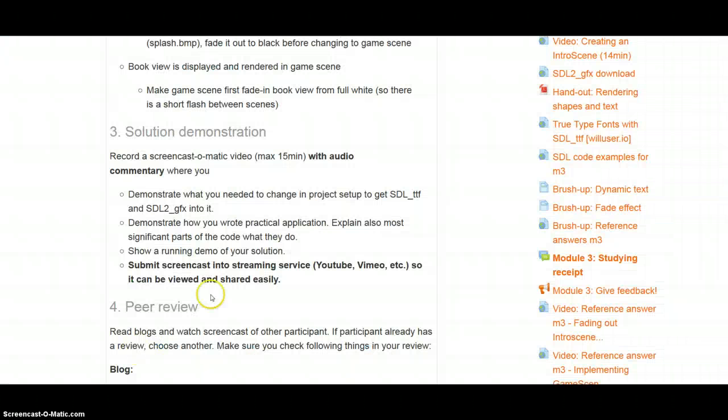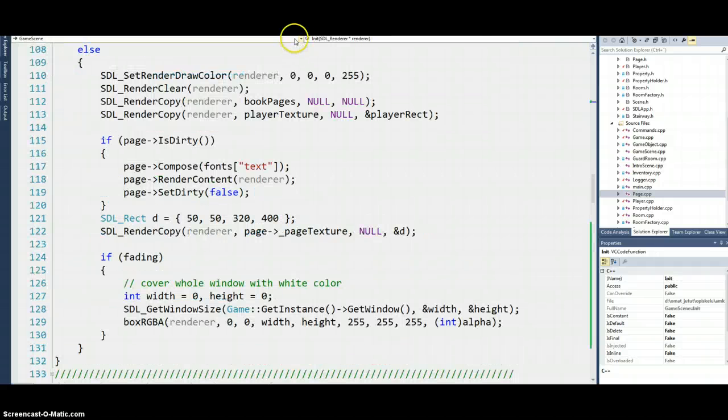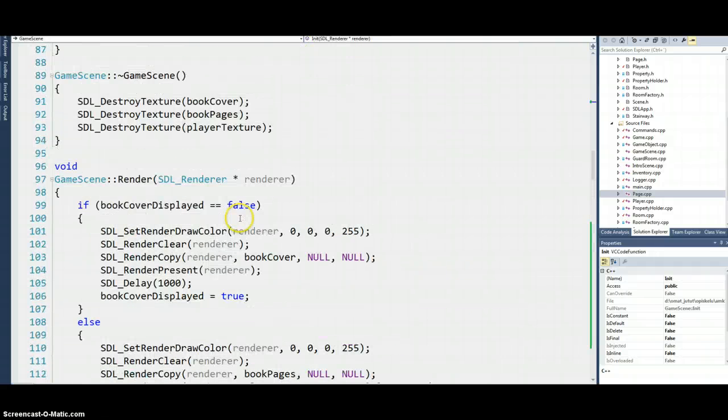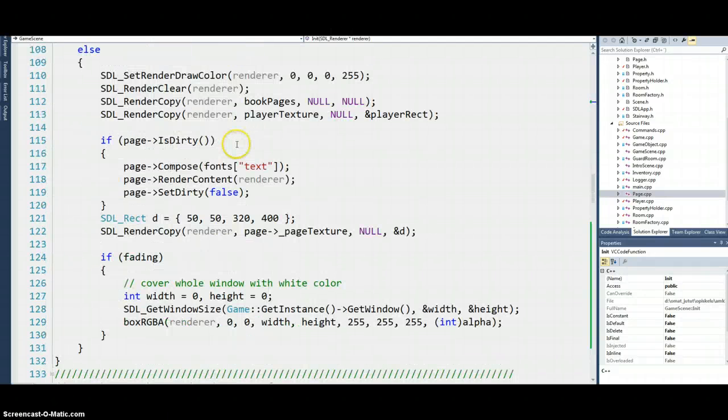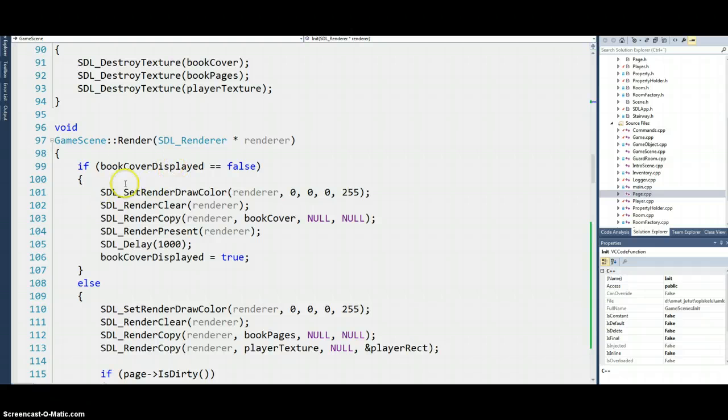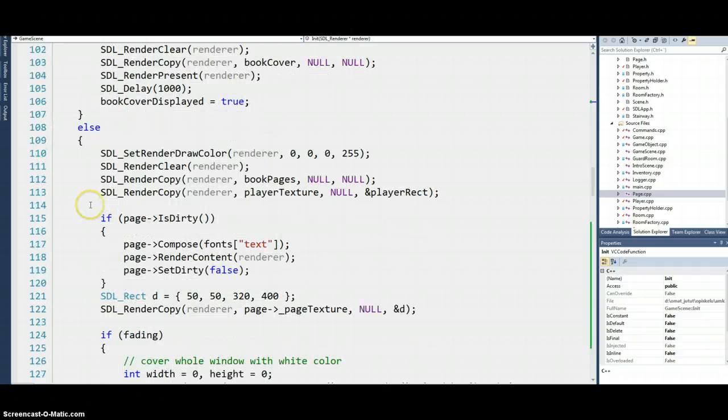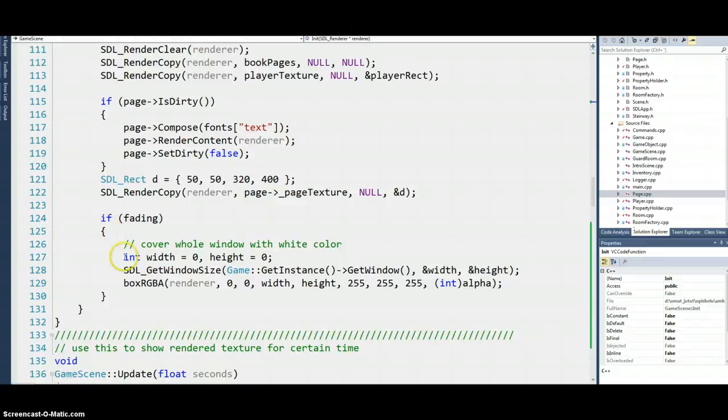So that's for TTF, I think, and for GFX I again just added what was added in that solution video. In the game scene class, in the render function, there's at least this boxRGBA, which uses these GFX libraries.